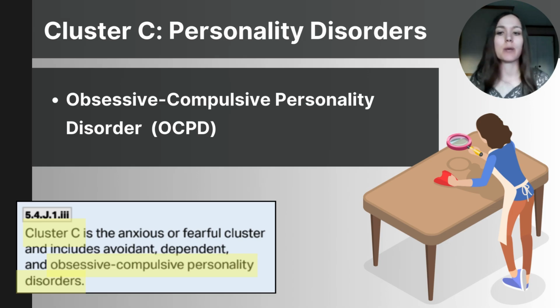Some important notes about OCD and OCPD is that OCD, or obsessive compulsive disorder, involves distressing obsessions and compulsions, while OCPD is about a rigid, perfectionistic way of thinking and behaving. And people with OCPD often see their behavior as correct, and they might not recognize how it's negatively impacting themselves or their relationships. Obsessive compulsive personality disorder is believed to be a result of genetic tendencies toward perfectionism combined with possibly strict or controlling upbringings.